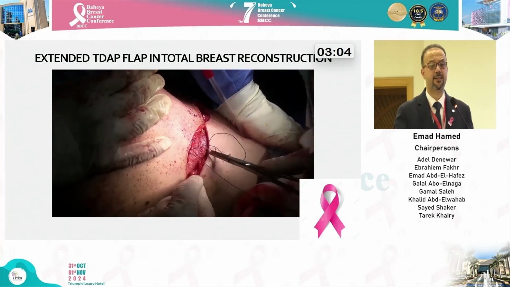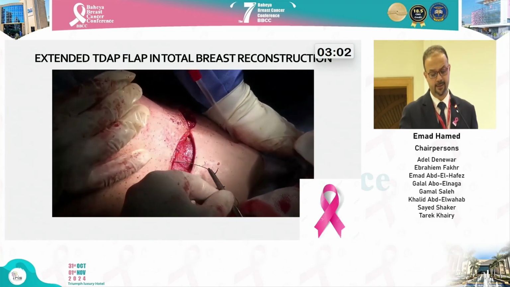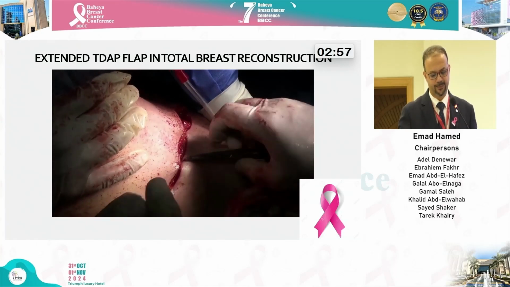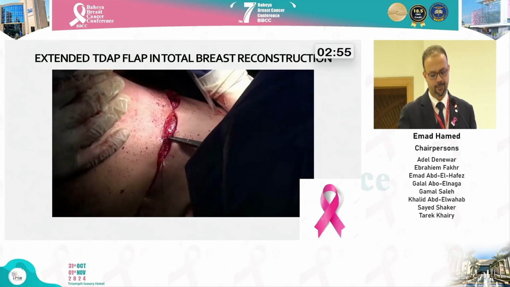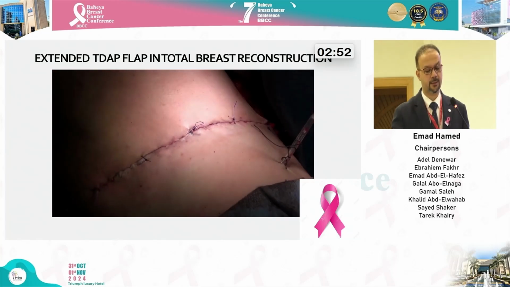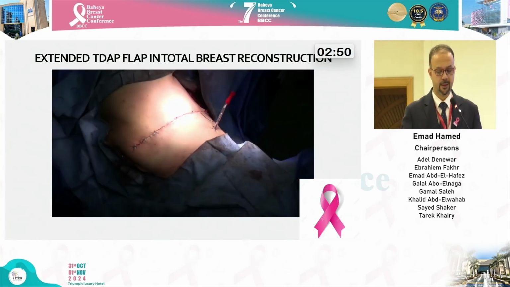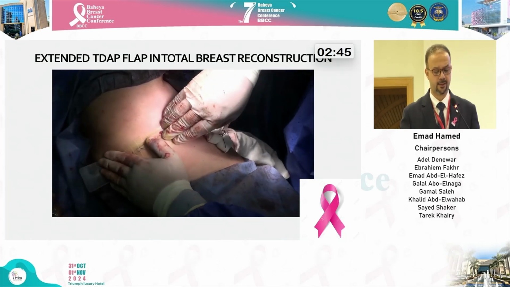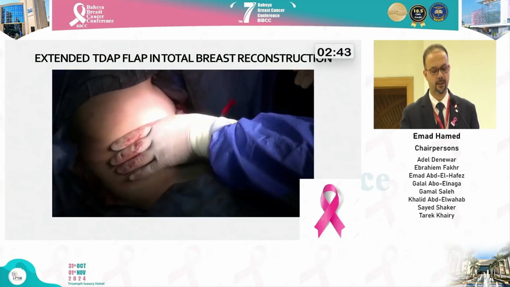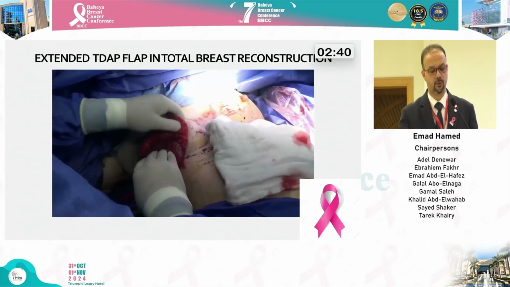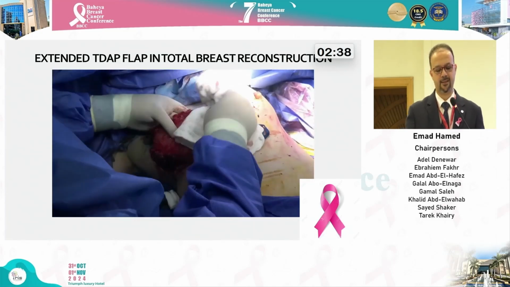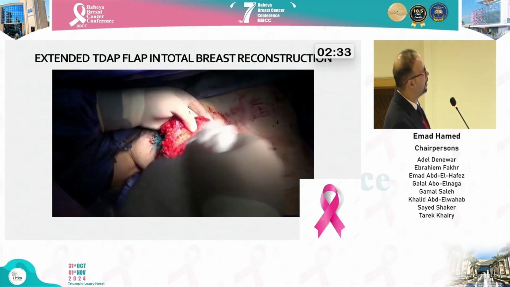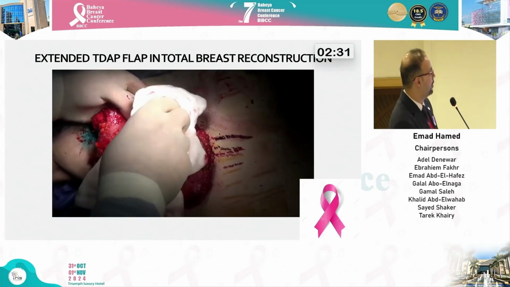The only disadvantage of this technique is the long scar, but it will fade by time. Again, finishing the closure of the donor site and putting a Dermabond on the donor site skin, and then the patient lies in supine position, and this is the flap with very good bleeding, ensuring the vascularity of the flap,